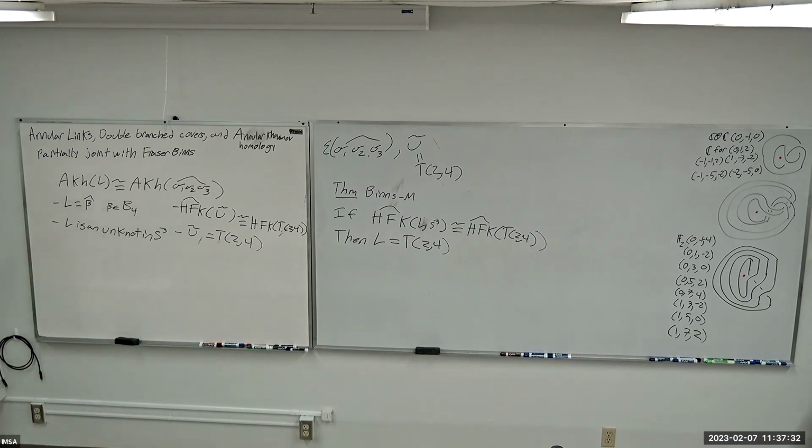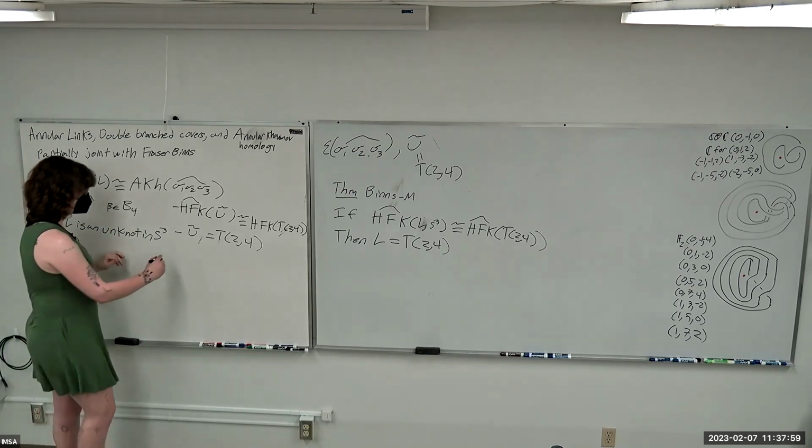You might be like, great, now we're done. We know that this is the same as T24, but we actually need to know a little bit more, because we know something in a double branched cover. We want to go back to before we took our branched cover. There are maybe a few ways to do this in this case, but this is one that works and that I like, and also would work for any of these T2N or not. And maybe I'll say,